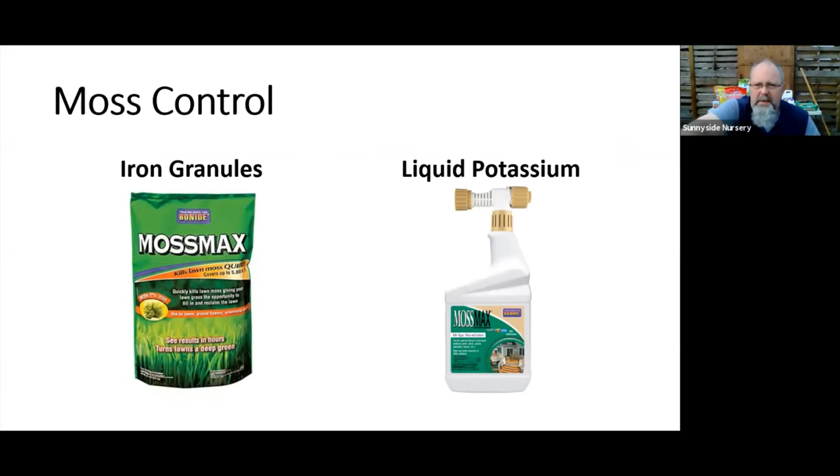I'm going to start my slides here and just show you a couple things real quick. Okay. If I look at the pictures here, these are the products that I showed you. So if we kind of review real quick, moss control, those are my 2 choices. I've got an iron granular that I'd be careful with staining again, or I have that liquid potassium, the Moss